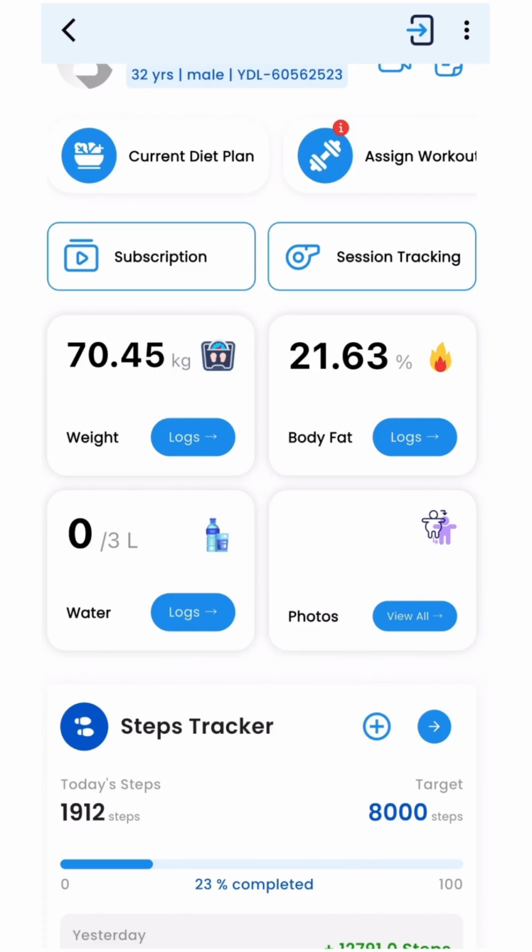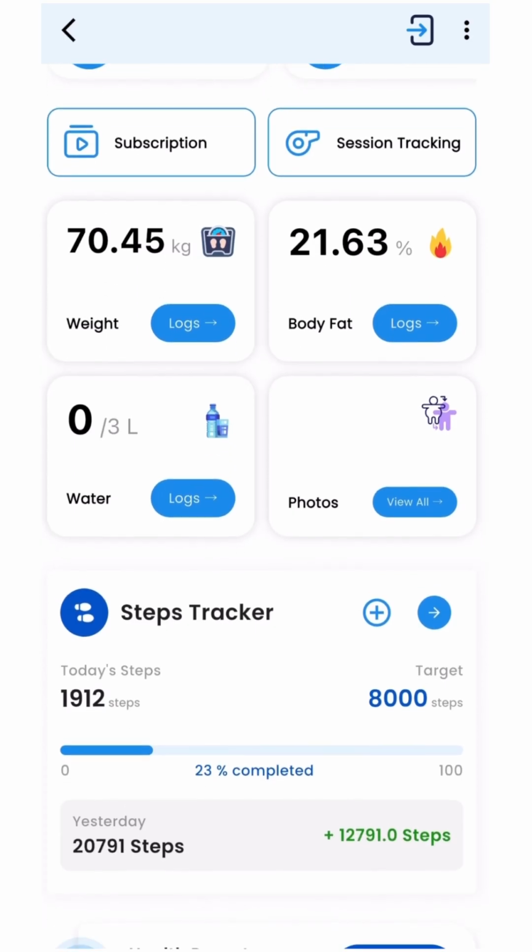As this was an overview, for any individual feature, you can check the individual video that is recorded on how to use that feature and what all things you can do inside a particular feature.